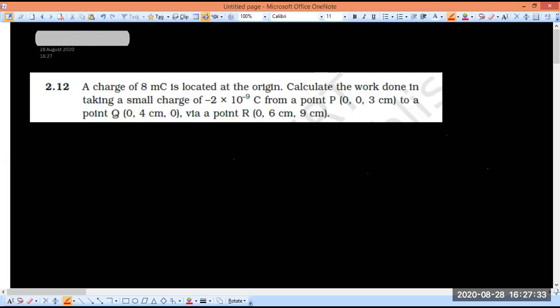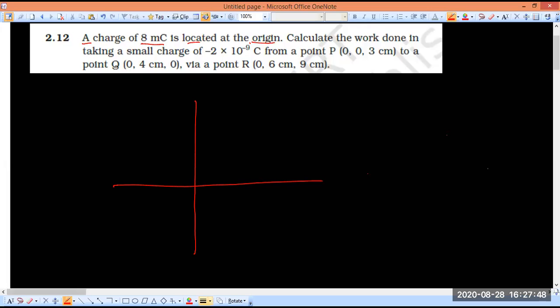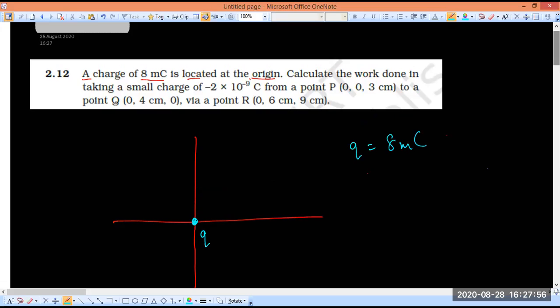Now what's given? We are going to draw a diagram regarding this, right? A charge of 8 millicoulomb is located at origin. So we are going to place some charge at origin, Q, and Q is 8 millicoulomb. Calculate work done in taking a small charge. Sorry, I'm going to change the symbol. Let's call this capital Q, right? And now we are given another small charge, minus 2 into 10 raised to minus 9 coulomb, from a point